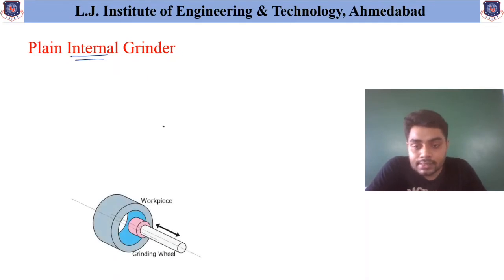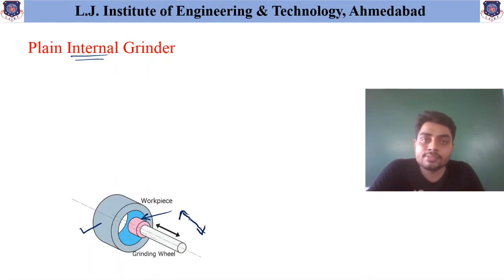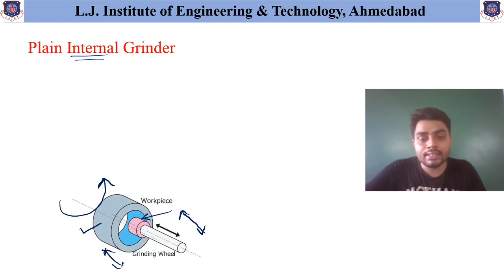As you can see from this simple figure, this is the grinding wheel which has grinding or abrasive particles available, and this is the hollow workpiece shown over here. This grinding wheel is fed inside and outside of that workpiece for easy finishing, and the workpiece is rotating about its axis. As friction takes place between the inside surface of the workpiece and the grinding wheel, the finishing operation can be easily obtained. So this is nothing but the plain internal grinding operation.